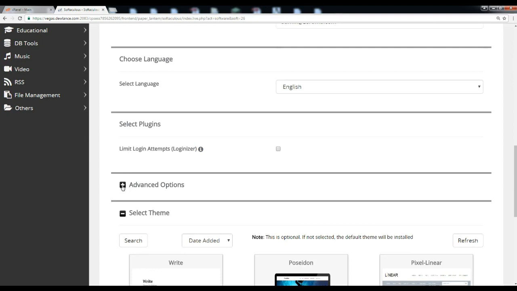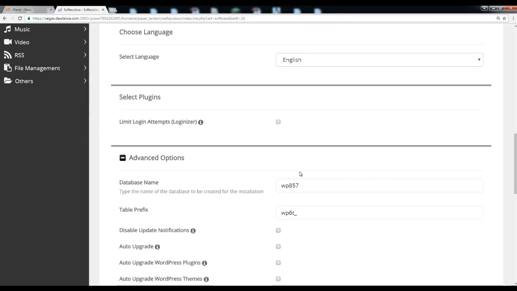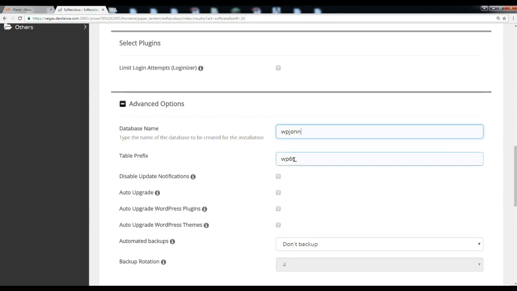Click on the plus button to expand this option. In database name, you can enter a database name which will be easy for you to remember, like WP John. Table prefix, you can leave this as it is or change it.